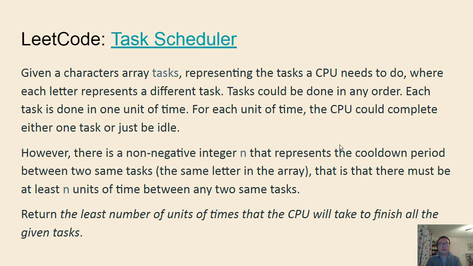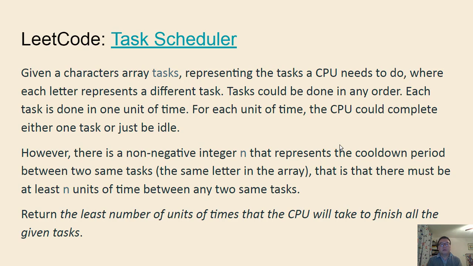The tasks can be scheduled in any order, so there's no deadline or anything. Every 1 unit of time, we can run one task, and the CPU can also stay idle. I guess we still don't have a multi-core CPU yet for this problem. So the only constraint that makes the problem non-trivial is that the same task cannot be run